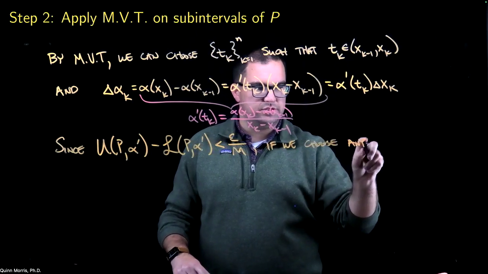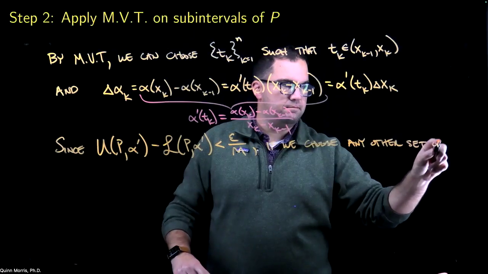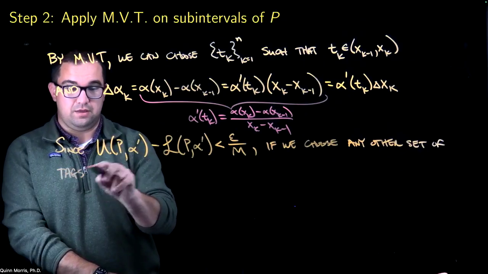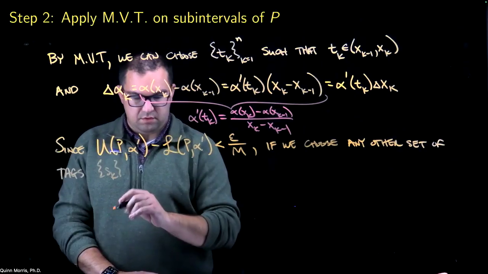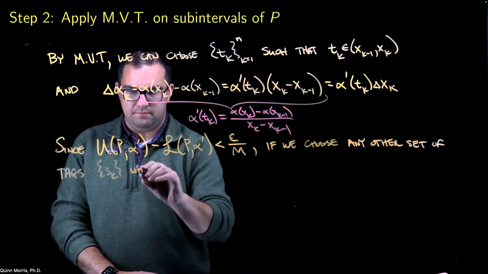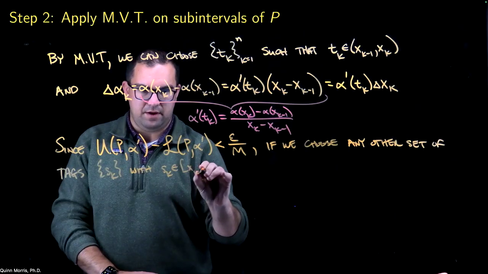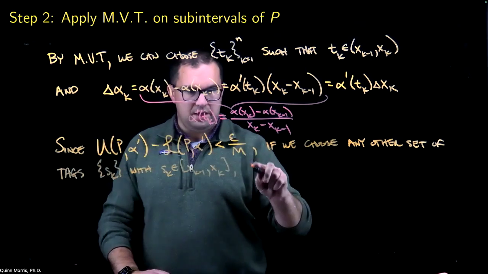If we choose any other set of tags, and I'm going to call those s_k, where s_k should be in x_{k-1} to x_k, then,